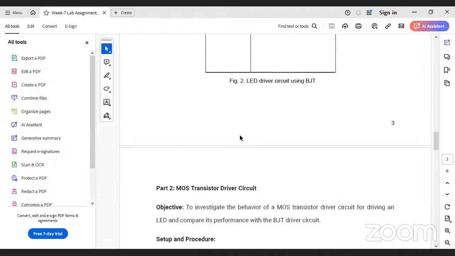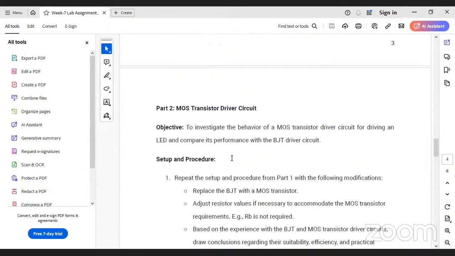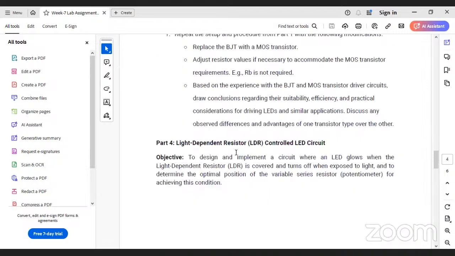So the same part 2 you will be repeating with a MOS transistor. Same thing, just you have to make some changes. Go through the working principle of MOS transistors, and you will get to know. And change the BJT with the MOS transistor, and do the same experiment and show